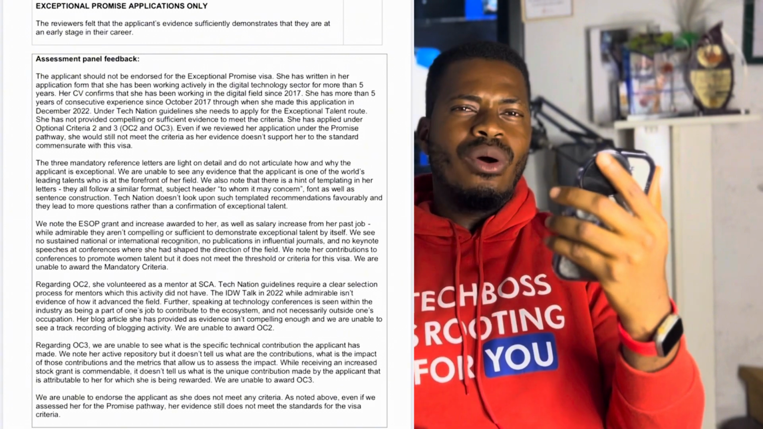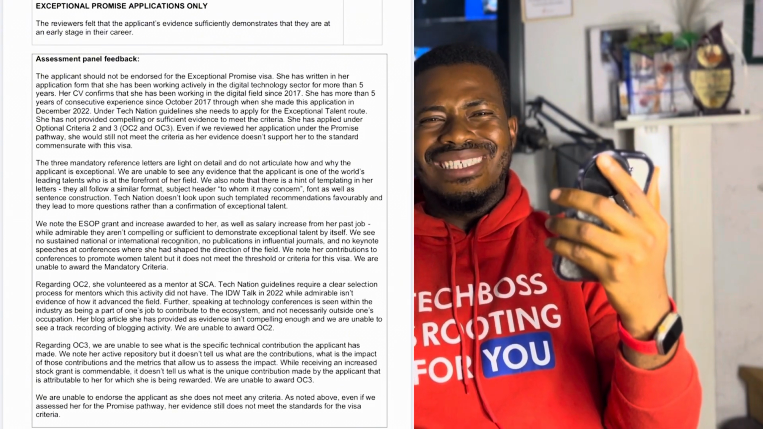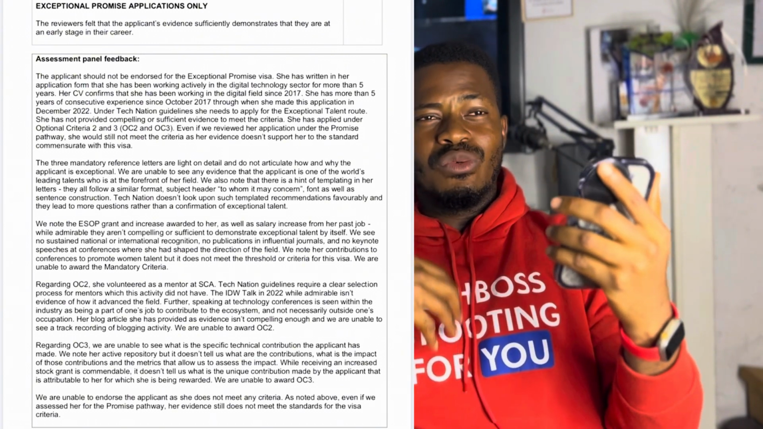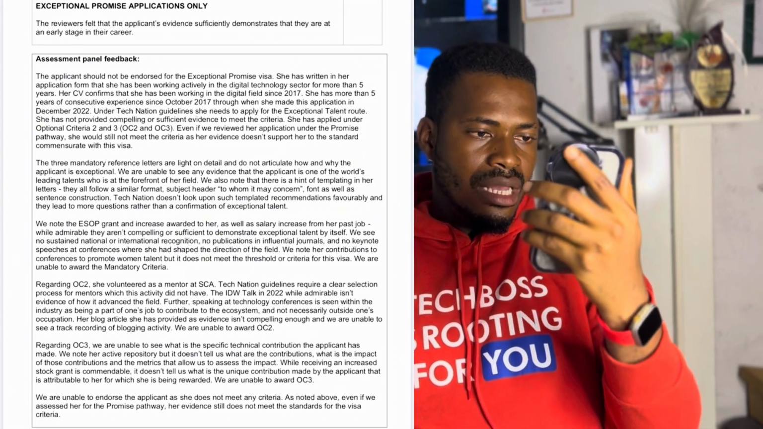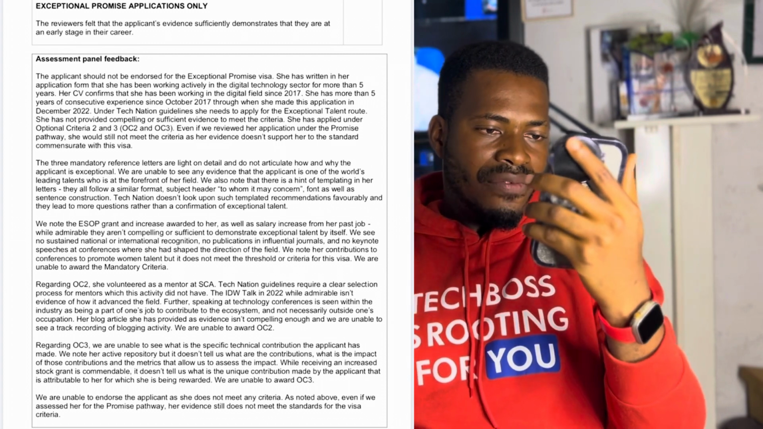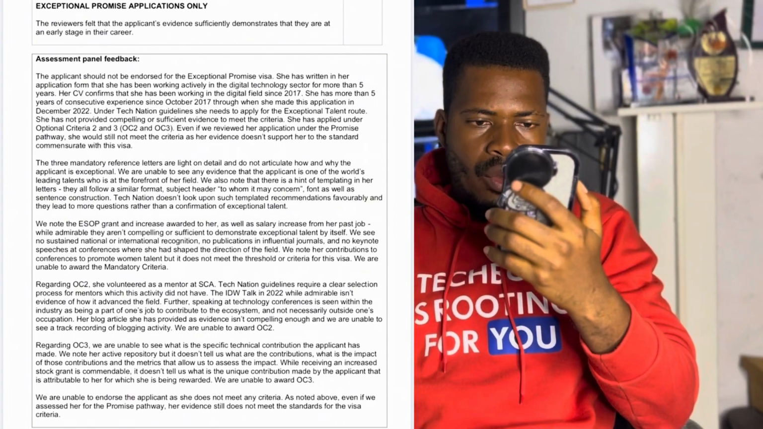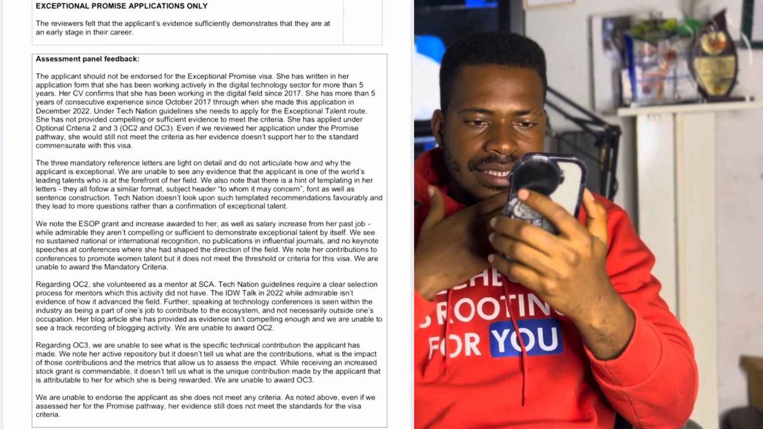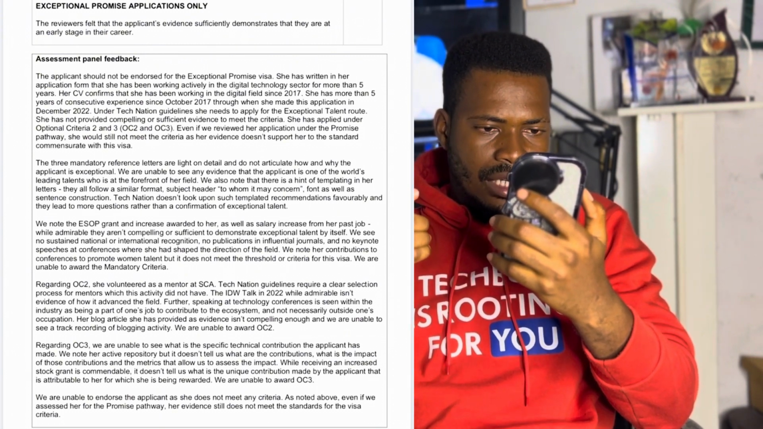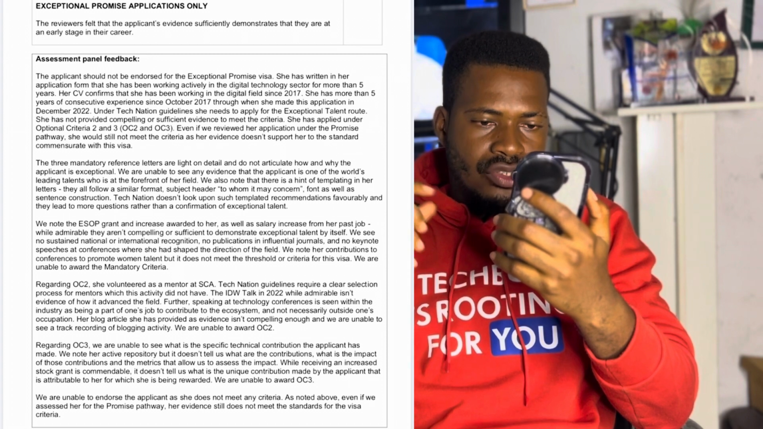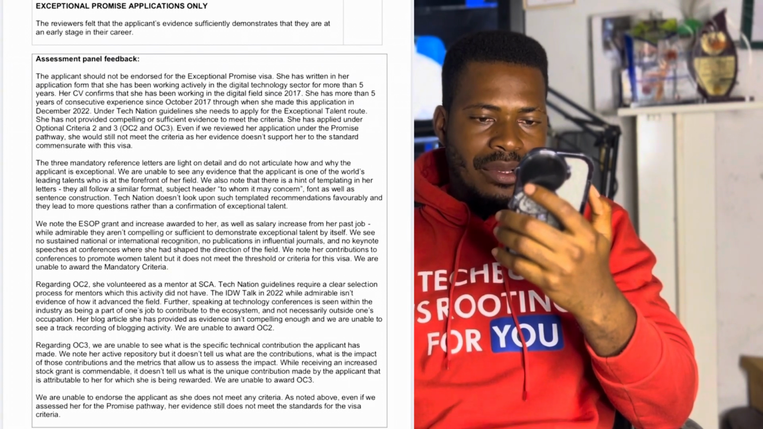It's not possible that all our recommenders would follow the same template. So it means that she was the one that wrote them by herself, and Technician was able to find that out. They all follow a similar format. We also note that there is a hint of templating in her letters. They all follow a similar format: subject header, "To whom it may concern,"